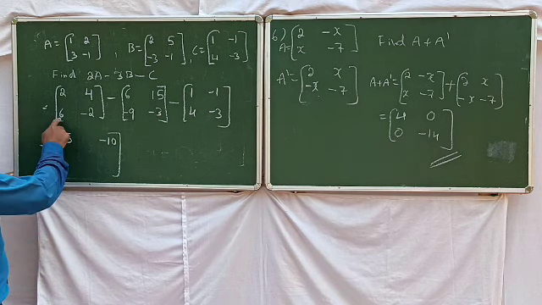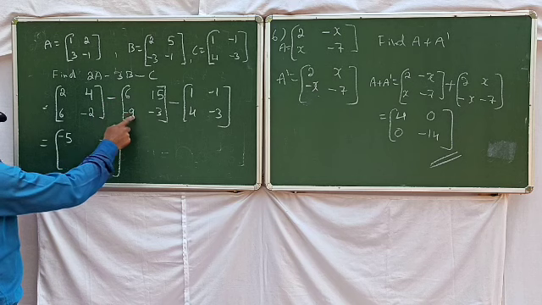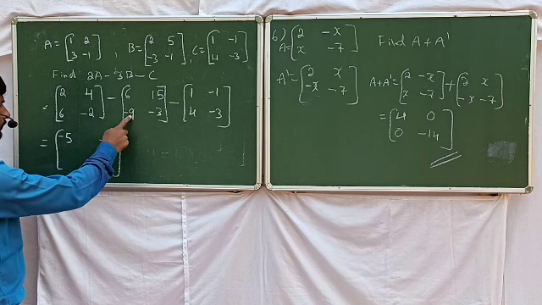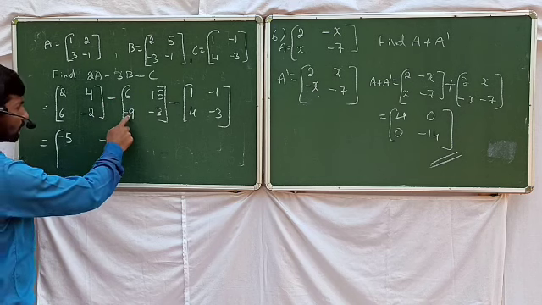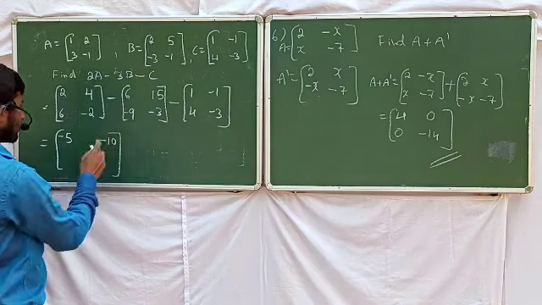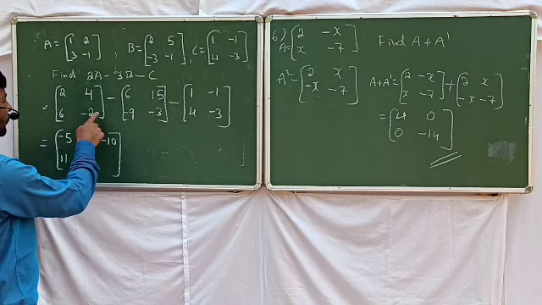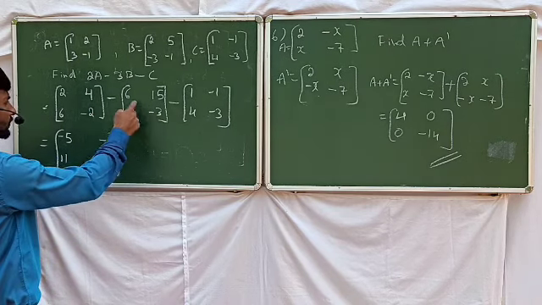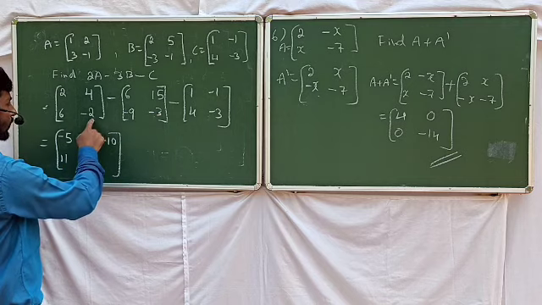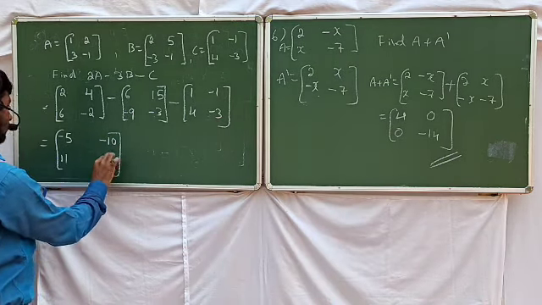Now see 6 minus minus into minus plus 6 plus 9. Okay, 15. 15 minus 4, it's equal to 11. Okay, then one more entry, see minus 2 minus into minus plus 3. Plus 3 minus 2, 1. 1 plus 3, its value is equal to 4.